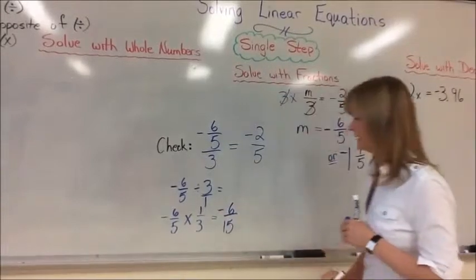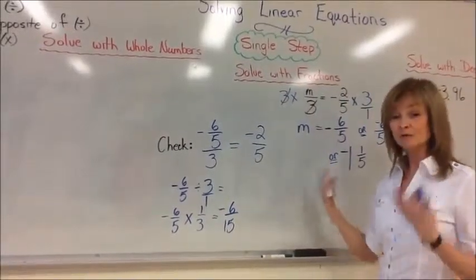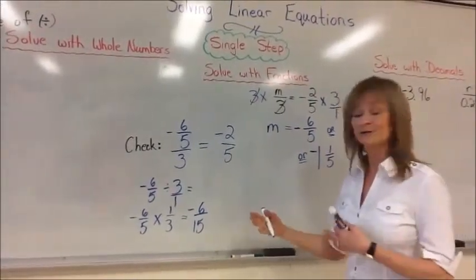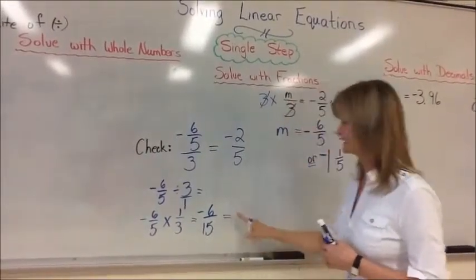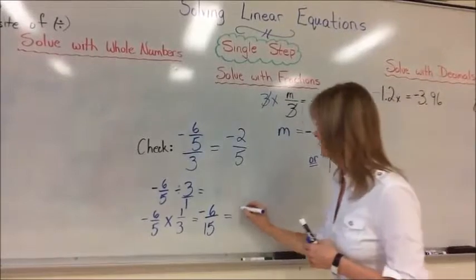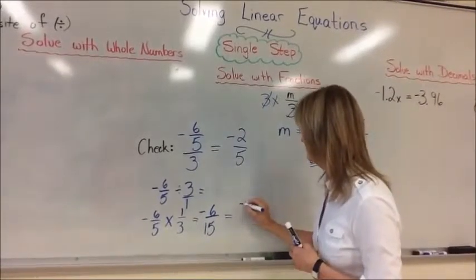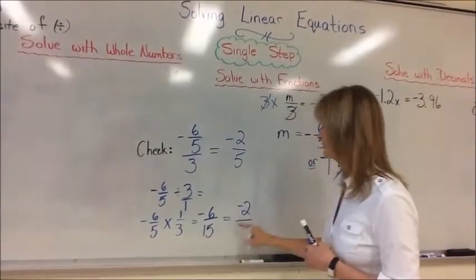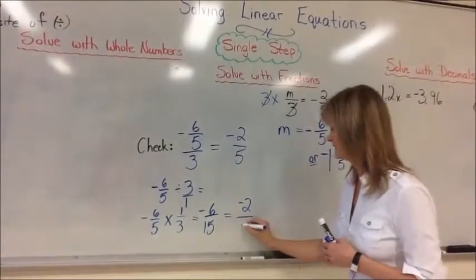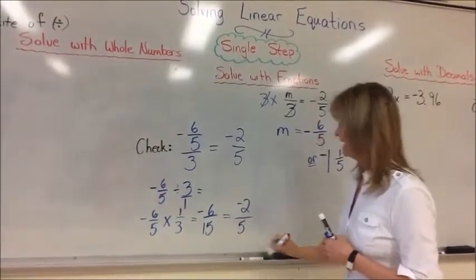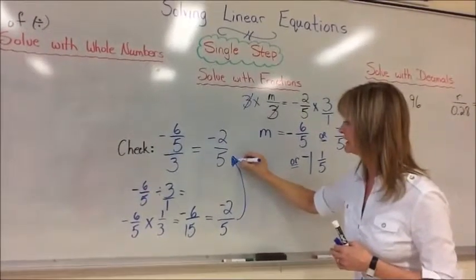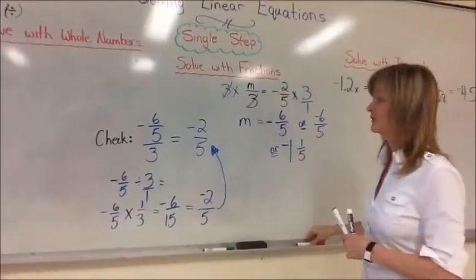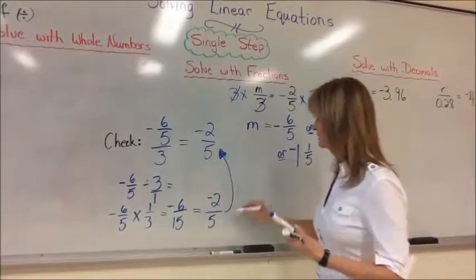And we have our negative. Again, look for a common denominator. What goes into 6 that also goes into 15? Well, 3 does. 6 divided by 3 is 2, and it becomes negative 2. 3 goes into 15, 5. And there's your answer, negative 2/5, and it is exactly the same as that, so you absolutely know that your